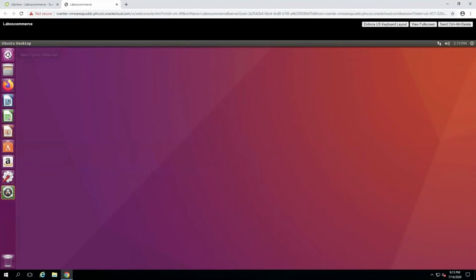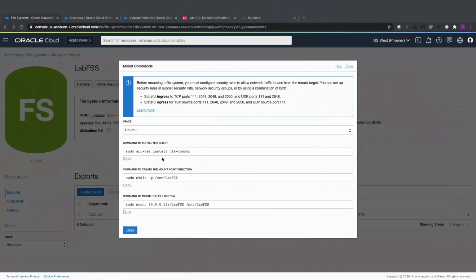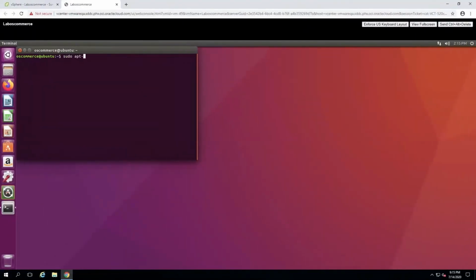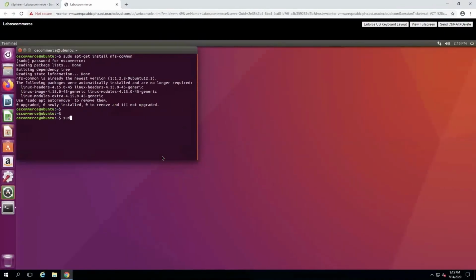Okay, now open up the terminal and run all the commands that are mentioned here. We make a directory so that we can mount our file system. And we mount the file system.